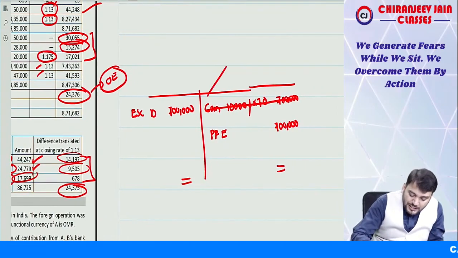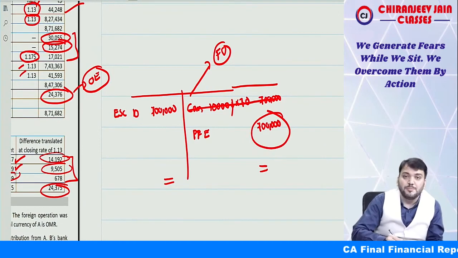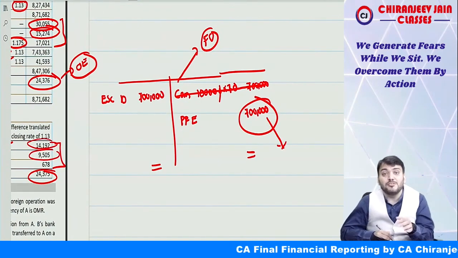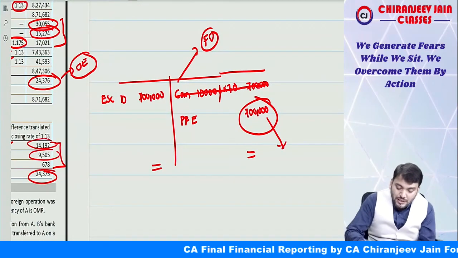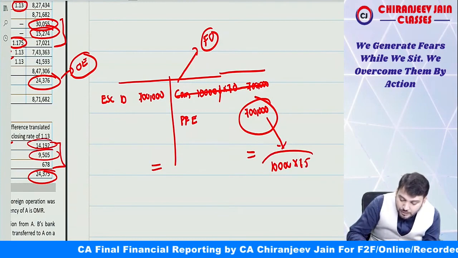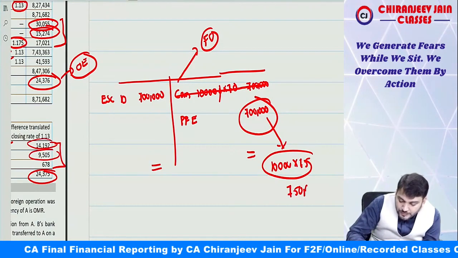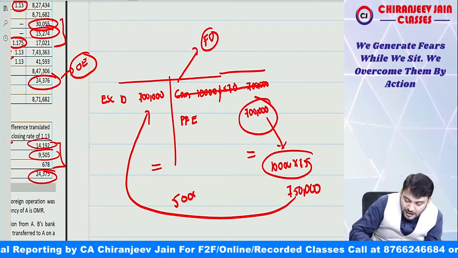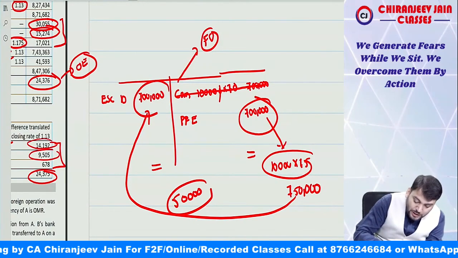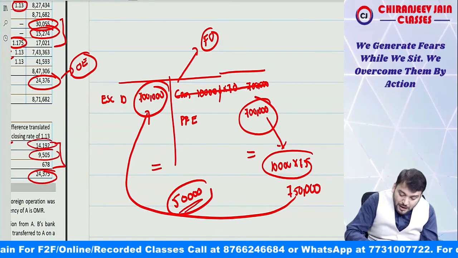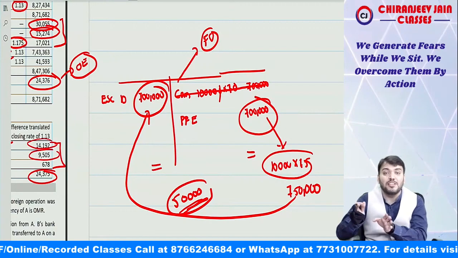Now if you sell this foreign operation, you will get the fair value of this PPE. Fair value means you will translate by using the closing rate. So it becomes 10,000 into 75, which is 7,50,000. So 7,50,000 minus 7 lakh, this 50,000 is unrealized gain. Equity is translated by using the transaction date exchange rate, and this becomes unrealized gain because till now the foreign operation has not been sold.